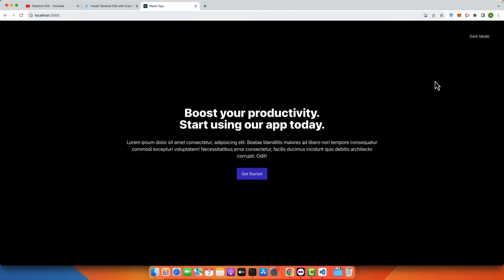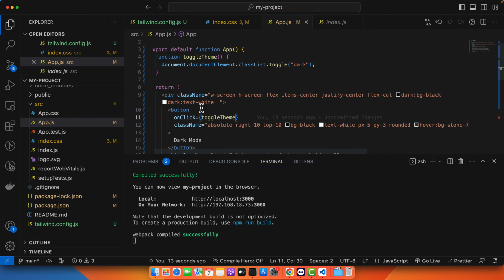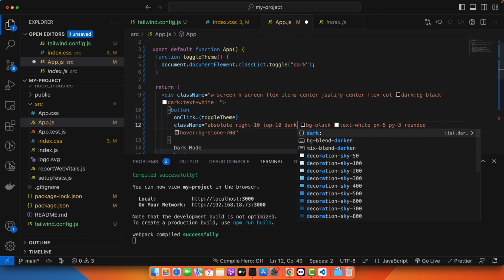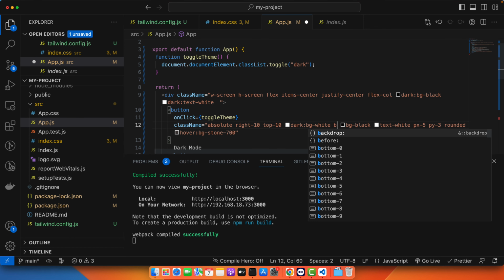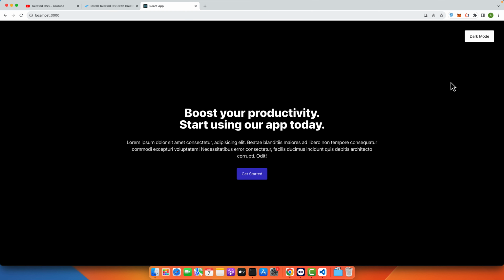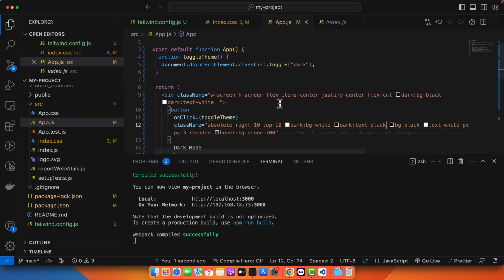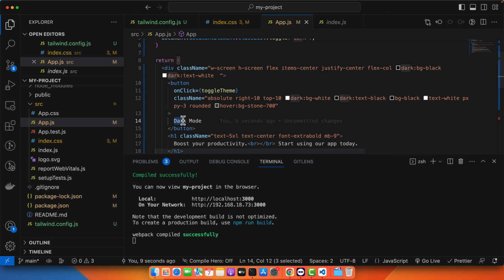Now I also want to change the background color of the dark mode button. For that, I will add dark:bg-white. And let's see, but text should also be fixed for the dark mode. Okay, you can see that it is now looking better, but the text does not make sense. It is still saying dark mode, so we have to change the text for the dark mode as well. So here I will say that